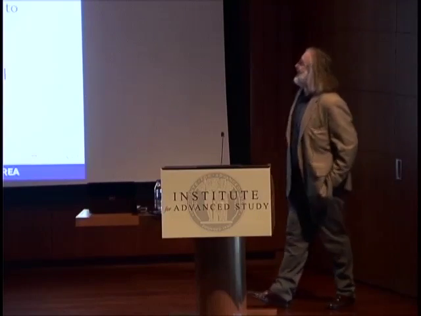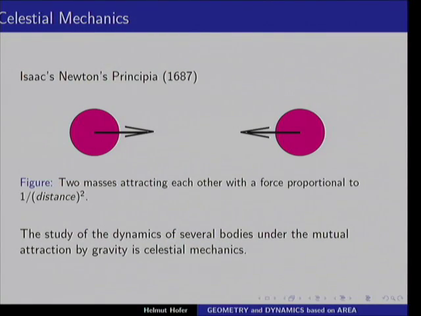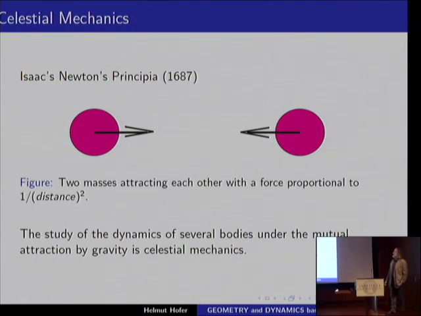So, Isaac Newton's Principia. If you have two mass points, then they attract each other with a force proportional to 1 over the distance squared. So that's a particular law. So you have two masses here. If they are at rest, they will go to each other, and the force is given by this rule. So now celestial mechanics is, at least from my viewpoint here, a study where you put several of those masses around. They affect each other by this law of gravity, and you see a certain amount of movement.